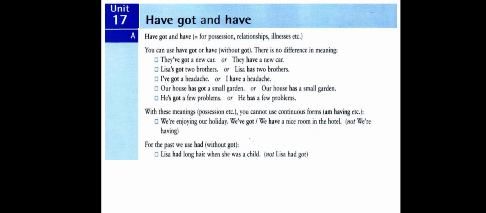In the second example, Lisa has got two brothers, and here has is used because Lisa is singular, so we say has got. Has here is the auxiliary verb, and the form has is derived from have because we have the subject Lisa, which is singular, so we use has, and the past participle got. So we say Lisa has got two brothers,